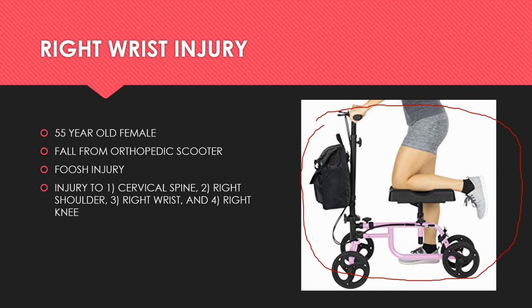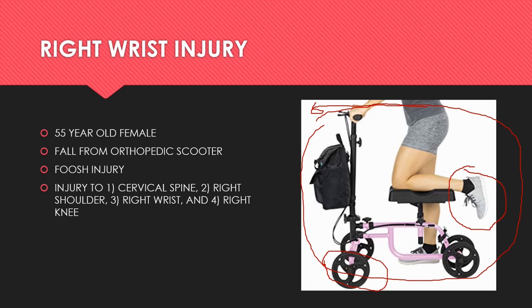I don't know if this was the exact type that she had, but she had her right ankle in a boot due to a fracture of the distal fibula. So she used this orthopedic scooter for ambulating around, and one day she was ambulating around on her scooter when one of the front wheels got stuck in a crack in the pavement, and over the handlebars she went,